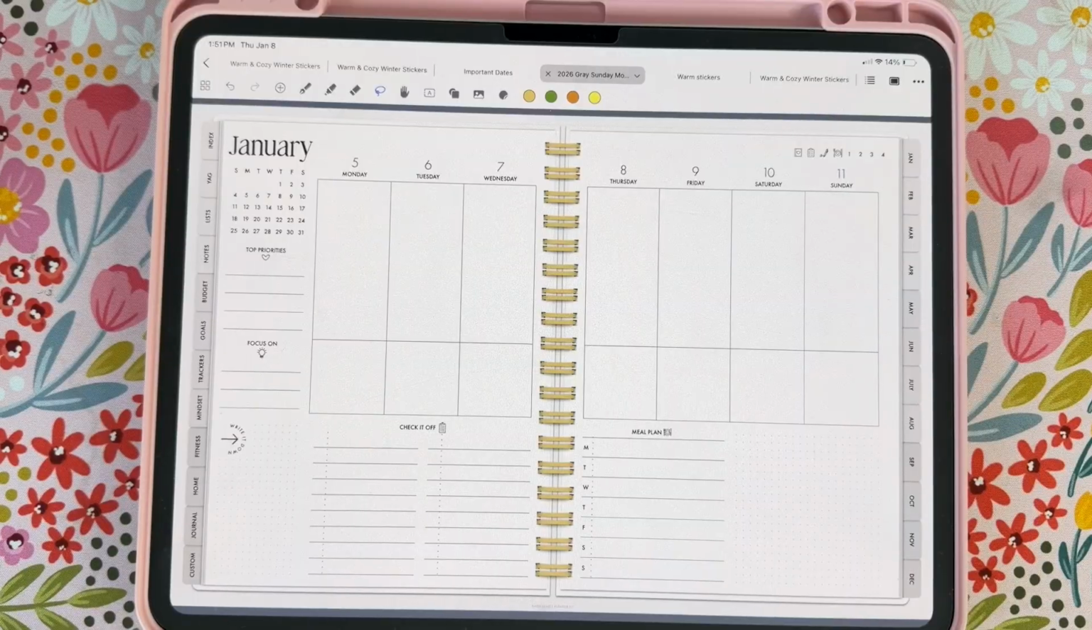So now that you've learned all of the tools that are included in Noteful, let's bring it all together and let me show you how to decorate your digital planner. Now, even if you're thinking, I've got this, I totally know what to do, I still